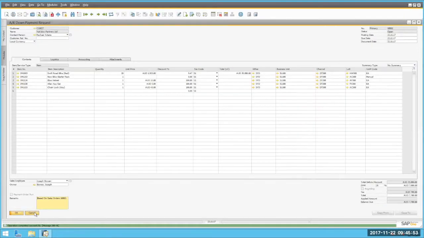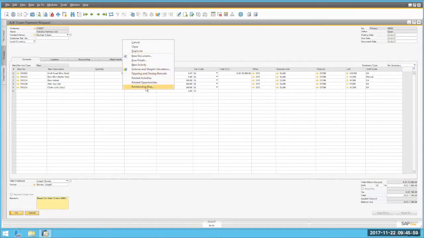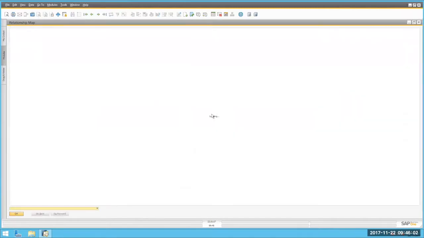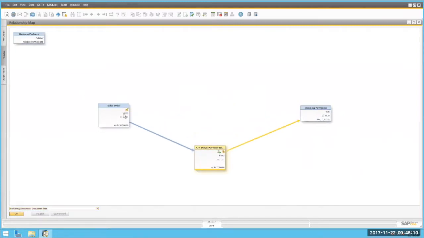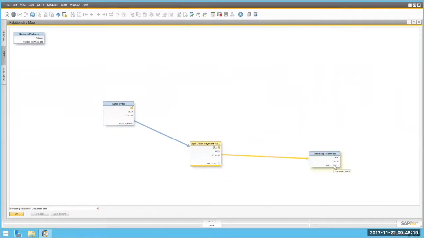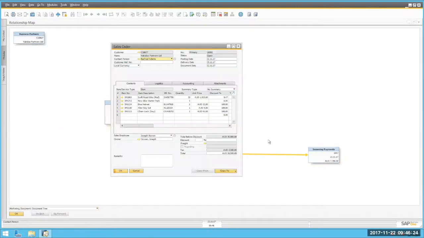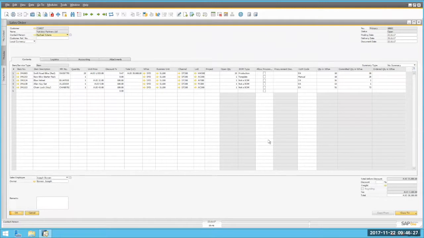So if I follow this workflow, if I go to the relationship map now, I can see this overall flow. If you follow these particular workflows, it starts telling a story. I created a sales order, a down payment request was created for $7,700, and now I've received the incoming payment. That's the trigger point to go back into the sales order and create the production order for the 20 road bikes. So I've drilled back into the sales order, and what we have available here is an option